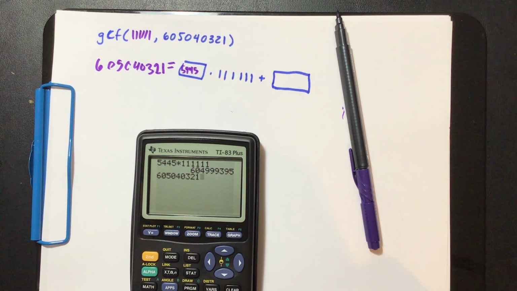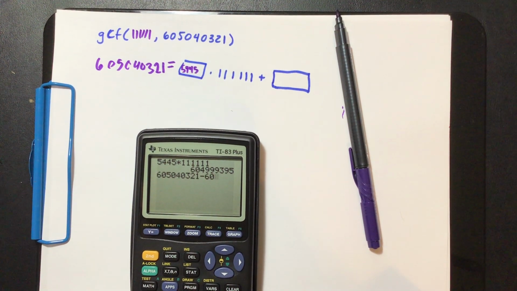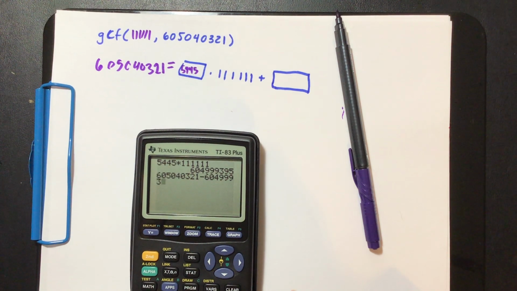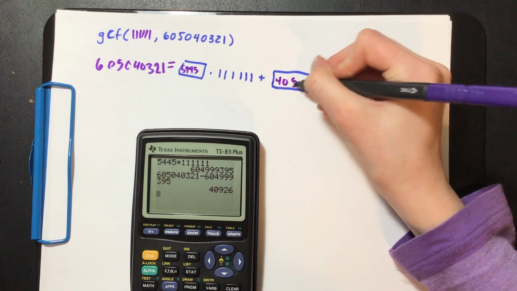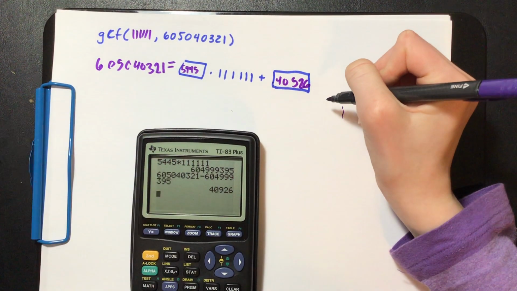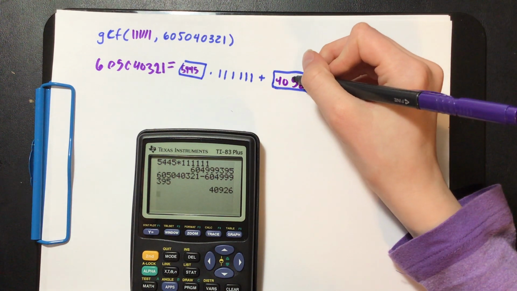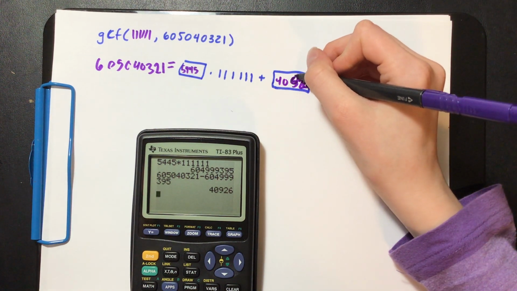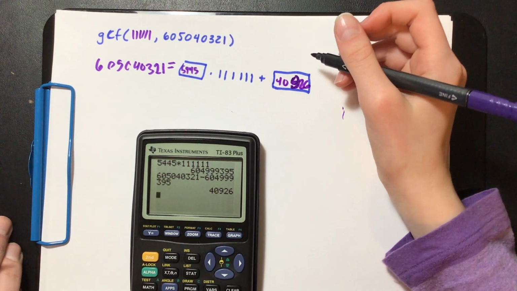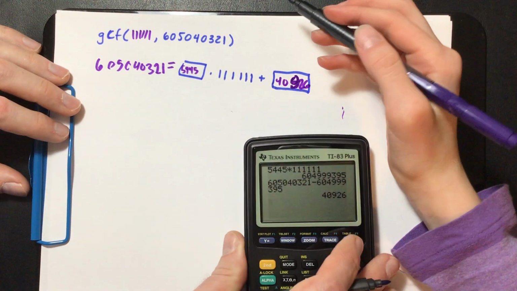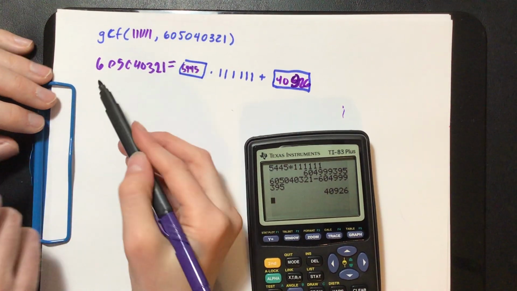Minus the 604,999,395. Okay. That looks like a 5. Okay, 40926. Okay, so now do you remember what Euclid said to do? Yes, we take